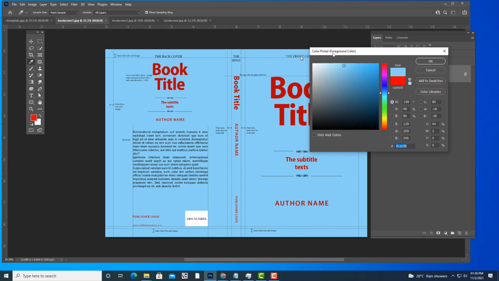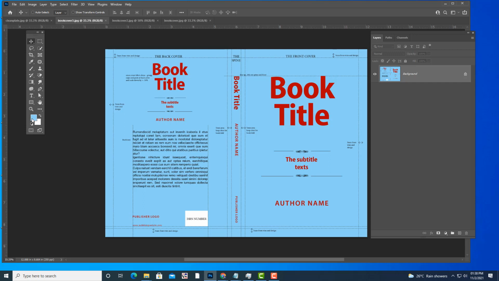Picked by this color picker, and when that color is there, now I am going to fill that color over this author name, only over this author name. How? Take a marquee tool, just draw a selection around this author name, and use the keyboard shortcut Alt plus Backspace. What is Alt Backspace? Foreground color. See, now that text is gone.